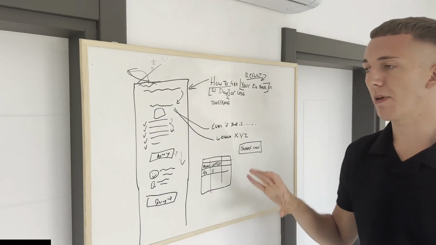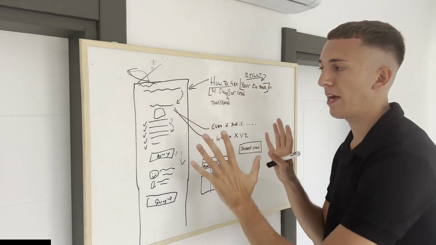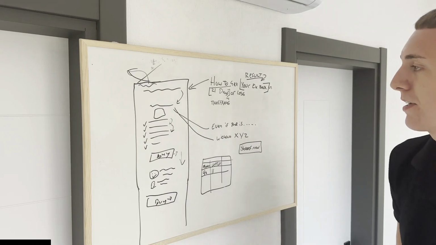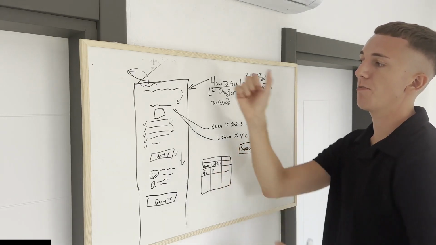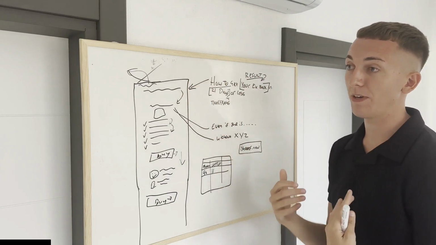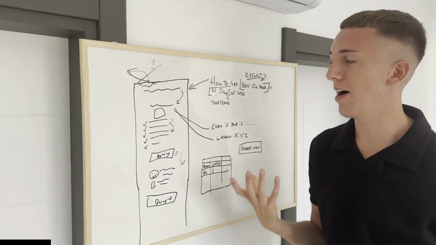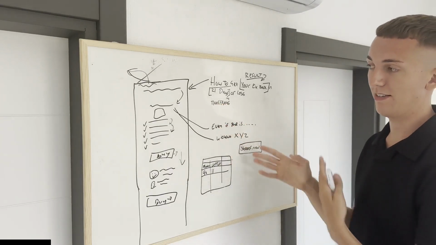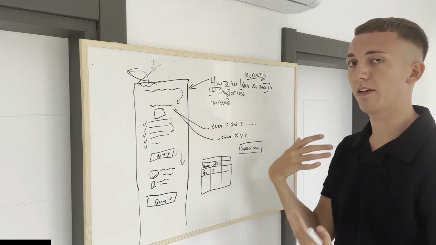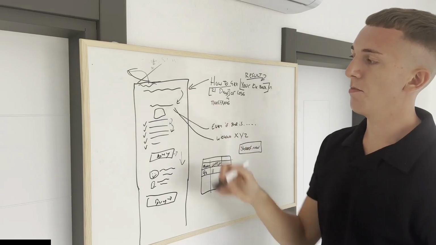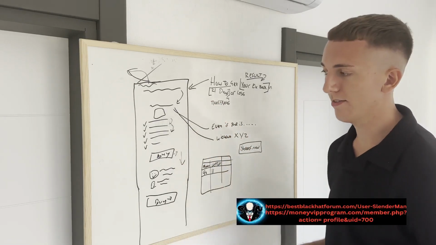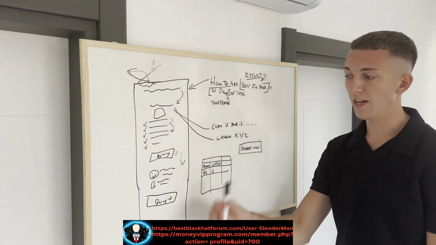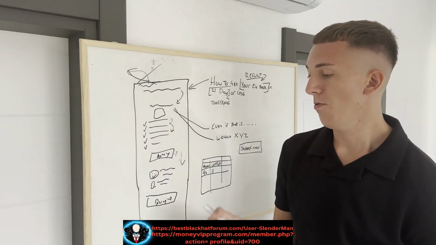Okay, so that's basically the anatomy of the page and how it's laid out, and why it's laid out that specific way. You reel them in with a headline, get them interested, make them think, oh, this is the exact problem I have, this is what I don't want to do, and that's exactly what this PDF is telling me about. Image, bullets, this is what's inside, testimonials, and then at the bottom you can have an FAQ section, which is basically